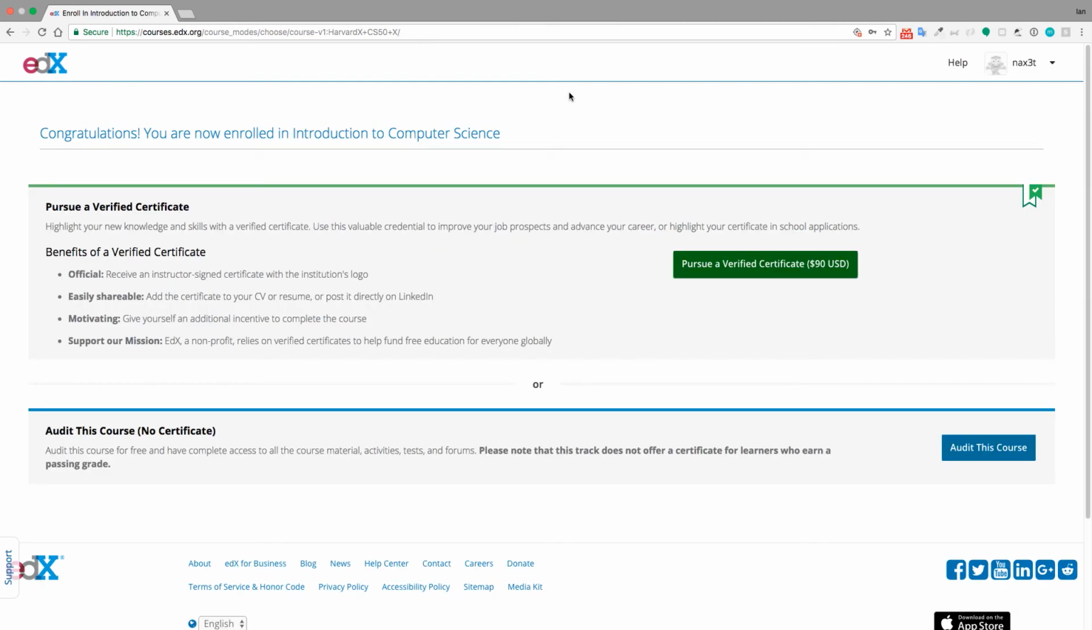Okay, so the first thing you'll see is that you are enrolled in Introduction to Computer Science, and they'll ask you, do you want to pursue a verified certificate, and it tells you everything about that. Or you can just audit the course. There's no certificate. You audit it for free, and you have complete access to all the course material, activities, tests, and forums. It says, please note that this track does not offer a certificate for learners who earn a passing grade. So we're just trying to audit the course for free. We'll click on audit this course,